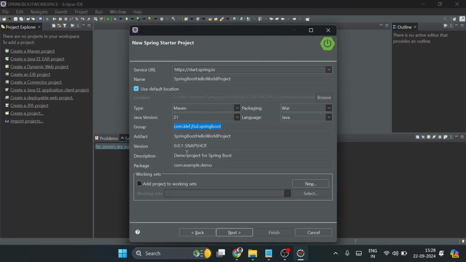Next, demo project for Spring Boot. I'm okay with that. Package name com.klf.jfs.springboot. In future, if you create models, com.klf.jfs. This is the right approach. Every industry is following like that. For example, if you take TCS, com.tcs; if you go for JP Morgan, com.jpmorgan, like that. Their company domain name is their base package. Now just click on Next,